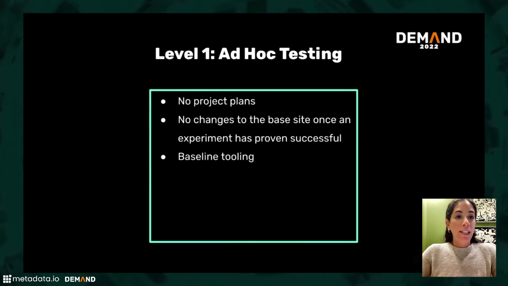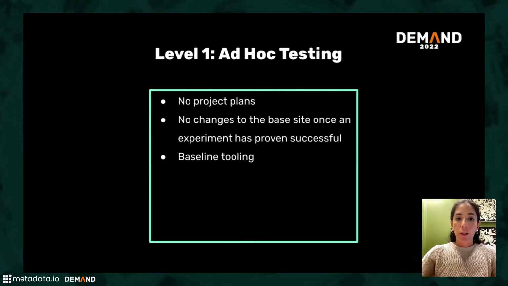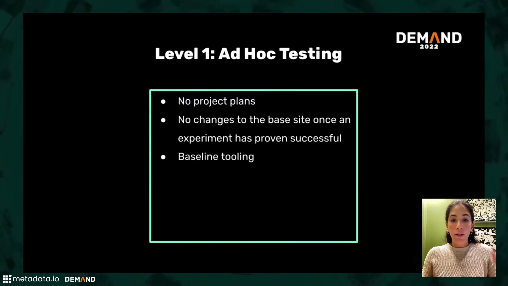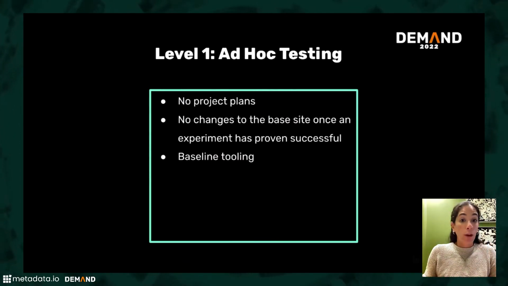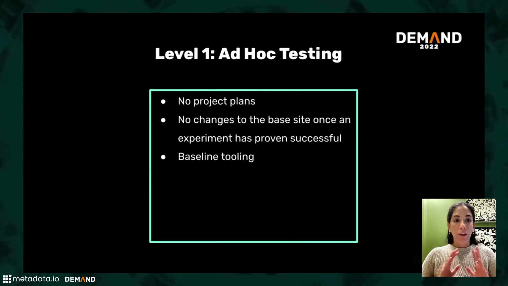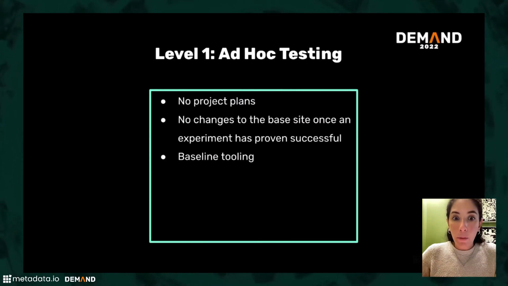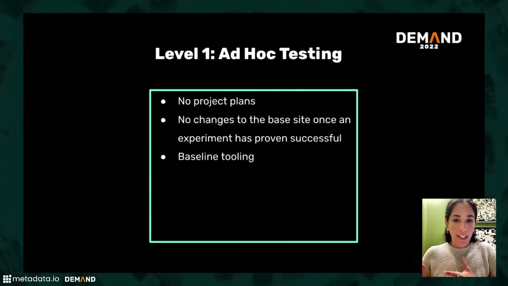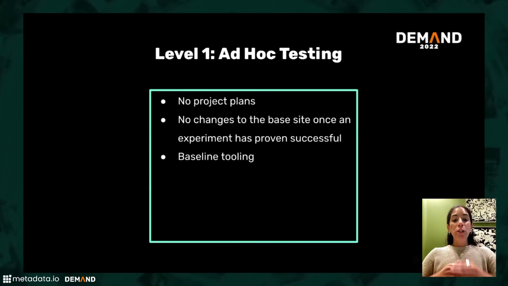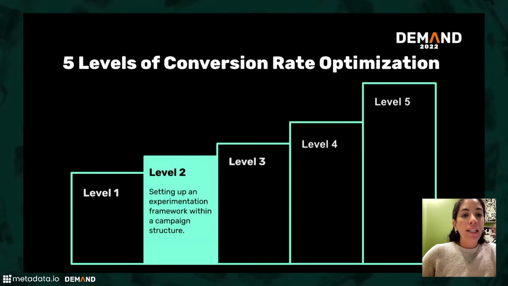When I was running the conversion optimization at Drift, we started here, where I was just whipping off variation requests to our web dev team, and they were like, Sarah, what the heck are you doing? How are any of these related? Why are you running these tests? And I was like, great question, I don't know. So I took a step back, I started writing project plans, I started doing research into why we wanted to run a certain experiment, and that really helped with telling my team what I was doing, and also giving the context to our web dev team so that they could understand why we were doing what we were doing. Once you get to that level, you're ready for level 2, which is setting up an experimentation framework